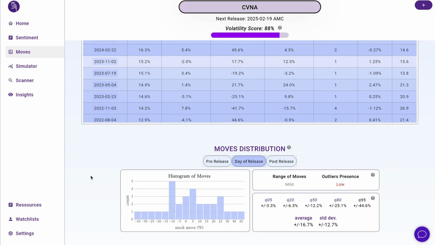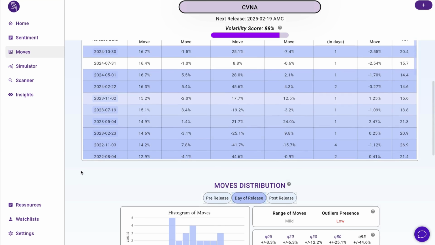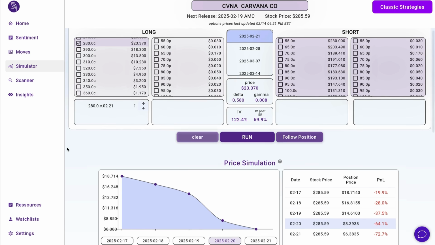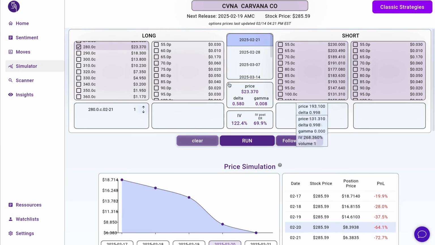So now with these numbers in mind, we can go ahead and compose different positions for our strategy. Here we go to our simulator, which is basically an option pricing simulator that takes into account the famous IV crush, the IV effect that is responsible for these high implied moves on earnings. It's very important for us to model this behavior where IV drops on the first day of trading. This simulator basically allows for that.